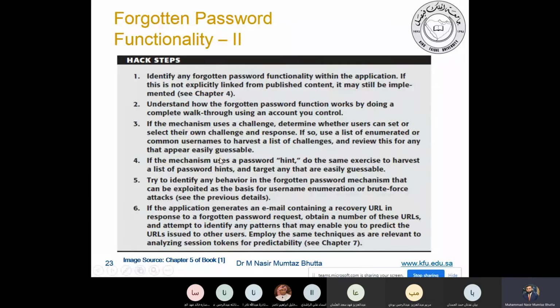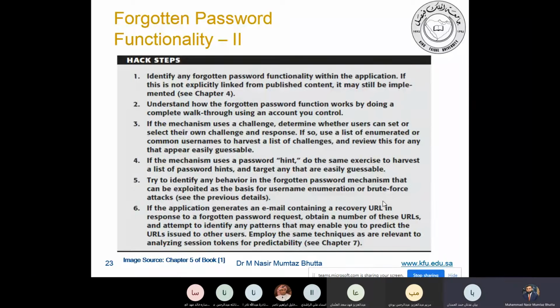So these are the steps which you can do. Okay, so you can go and try on your selected websites, go and click on the forgotten password link, and then go and try for different users. You create your own users and then try to guess and see how the website works and how you can hack it. Or you can generate a recovery email, and when you generate the recovery email, as I explained, you can change the username there as well. Up to here, clear, students?